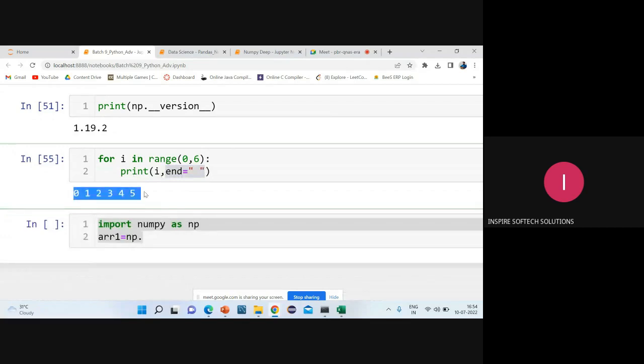Clear? In the test, I'll ask this question. I said this to you properly. I'll ask this question. Some question I'll give you, like print with end equal to a space, or I'll give a double quotation space. So my output, I'll give like